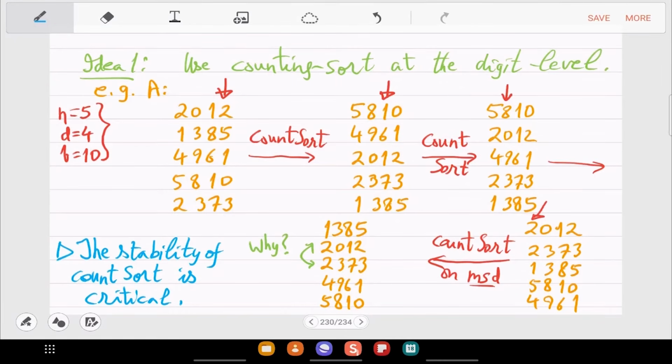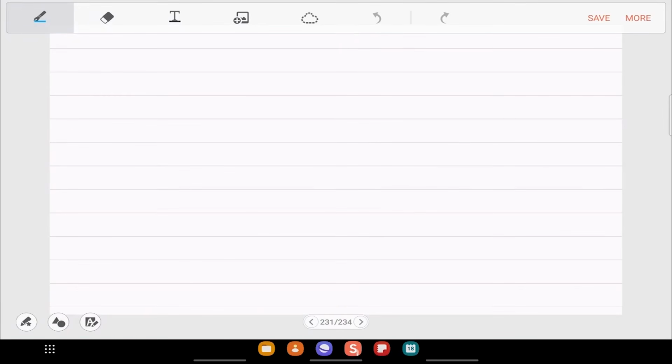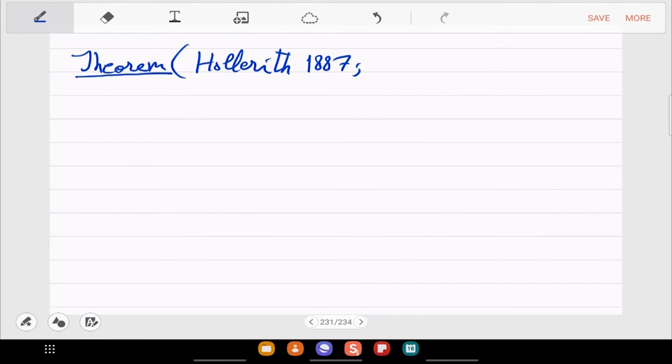So I think this is pseudocode we don't have time to write, but let's just state the theorem. This is by Hollerith in the pre-computer era, when there were mechanical computers or calculators. So already this was a useful thing in mechanical calculations and mechanical machines. And then Seward made it memory efficient for digital computers. So radix sort